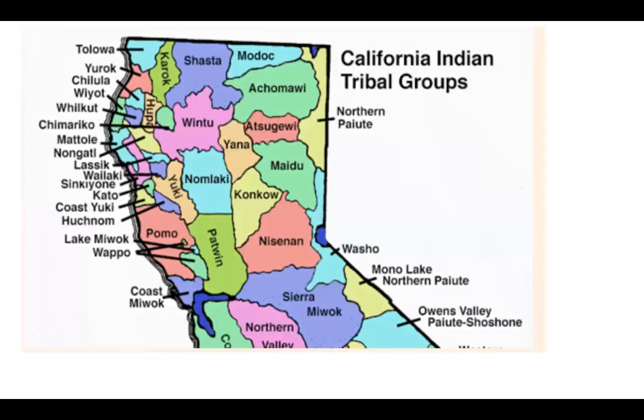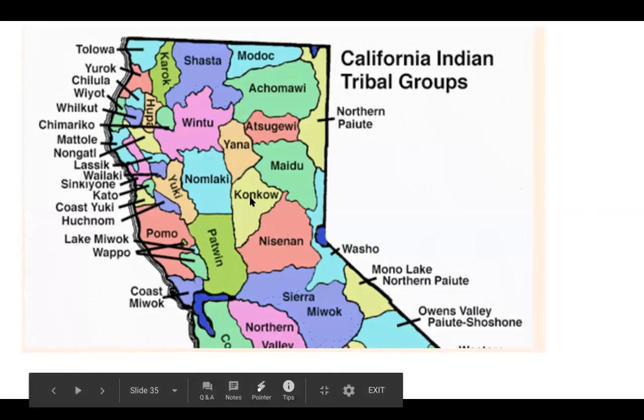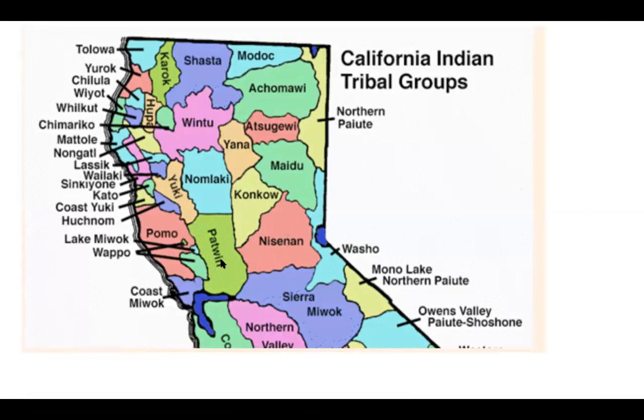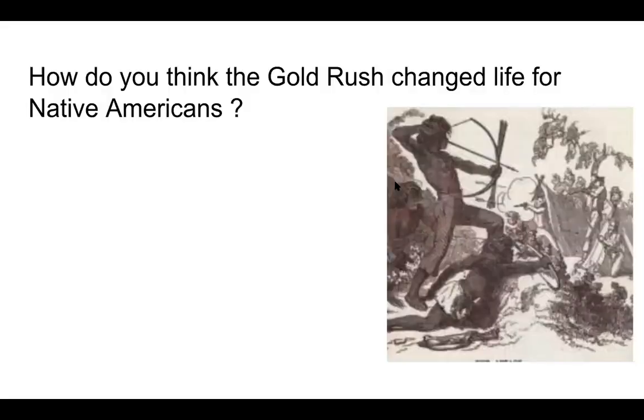Okay, let's move on to Native American tribes. This is a great image to use with the students, just showing that there were so many different types of Native American tribes living in California. The region that we're talking about is really here. So the Nisenan tribe, but there's going to be other groups like the Washoe here, the Sierra Miwok, the Concow, the Patwin as well. So you can have a lot of different tribes in the mix here.